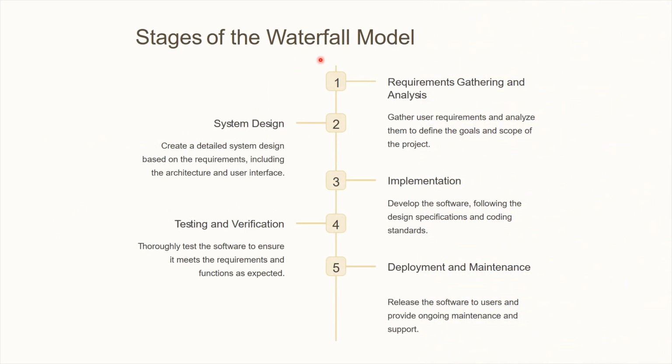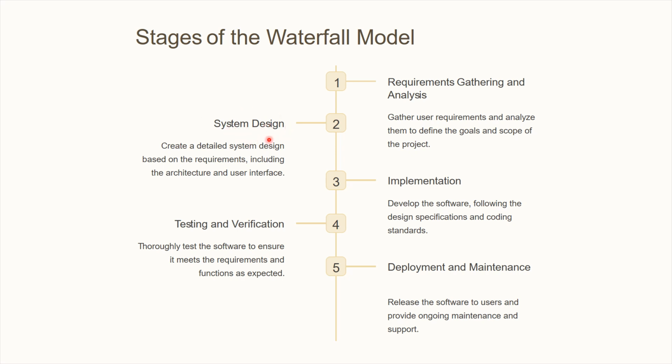So what are the stages of the waterfall model? First, requirements gathering and analysis. At this stage, we gather all the things we need to develop the software. Then the system design, where we need to find out a detailed design of the system based on its requirements, including the architecture and the user interface. What the users want, and how we can satisfy that, we decide at